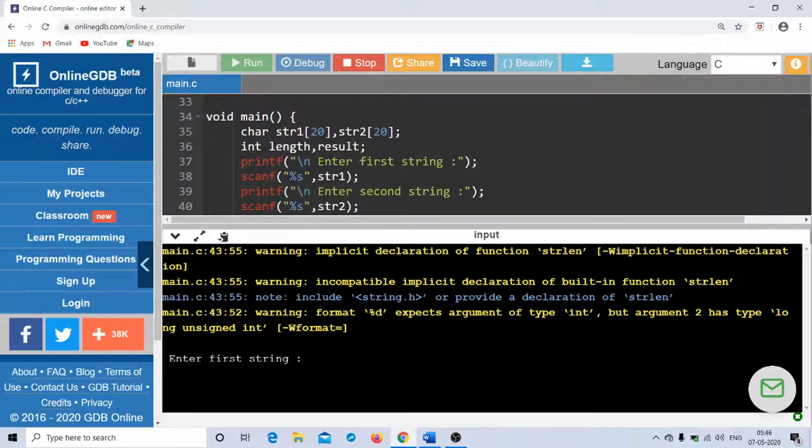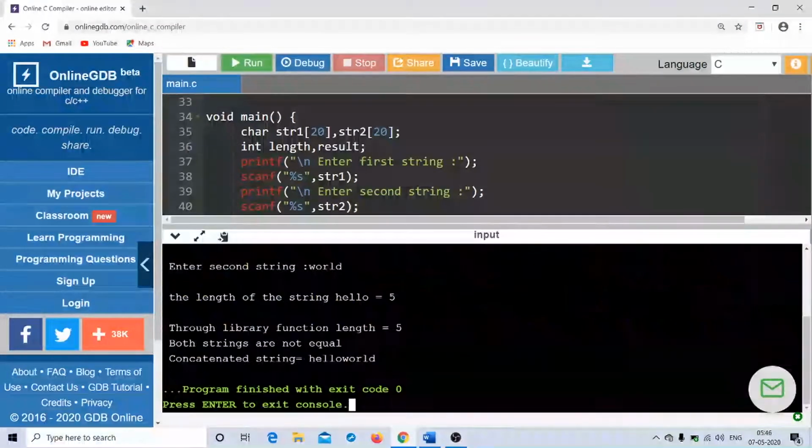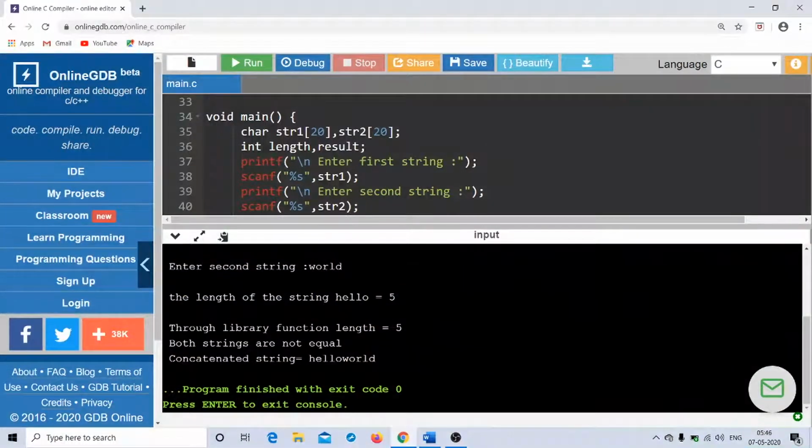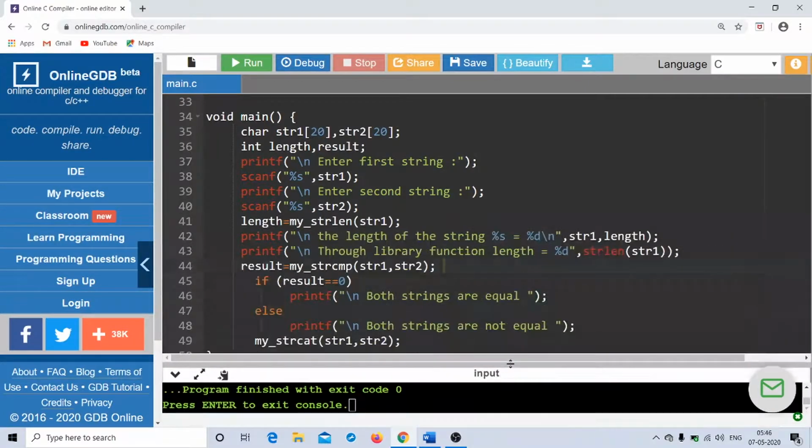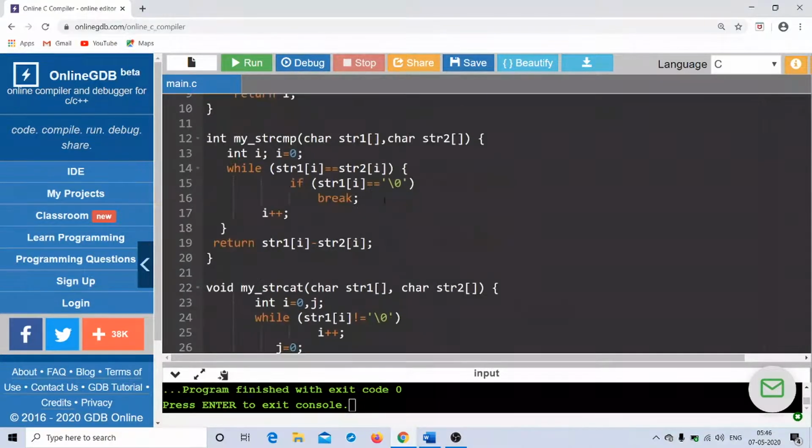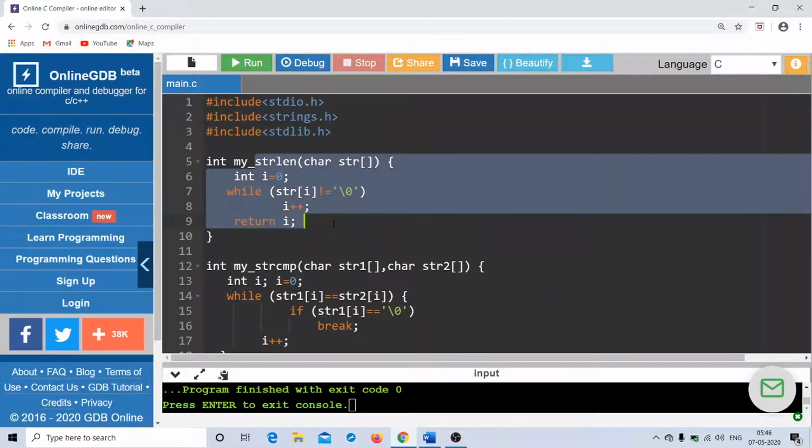It says enter first string. I say hello, and I enter second string world. Now watch out. The length of the string hello is equal to 5, and through library function, length is equal to 5. Right? So this is how basically you can develop a program which will get the length of the string through library function and also with your own user defined function.